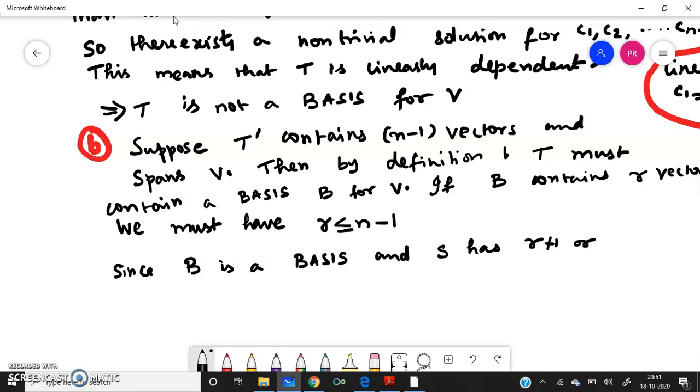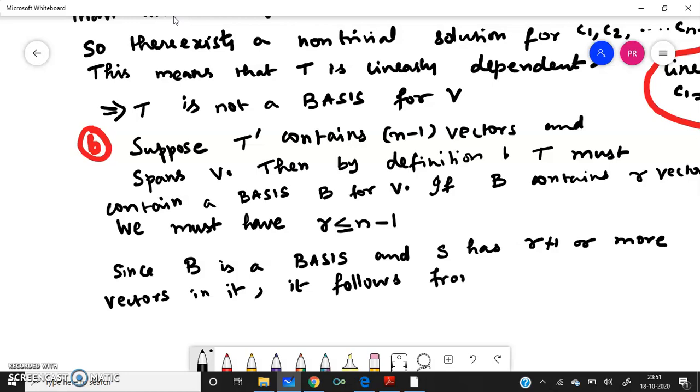So R plus 1 or more vectors in it. Okay? It follows